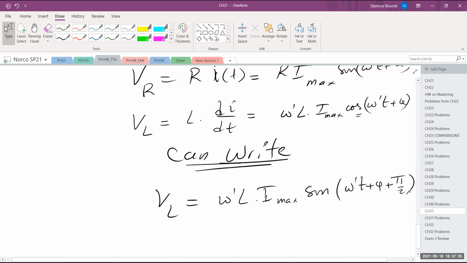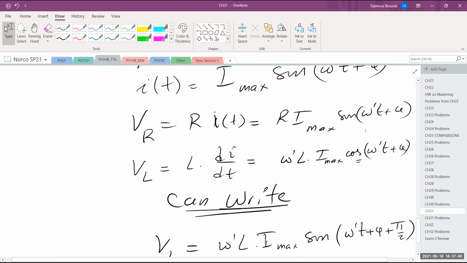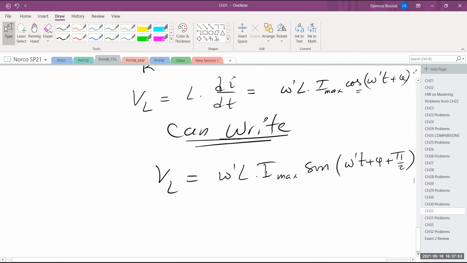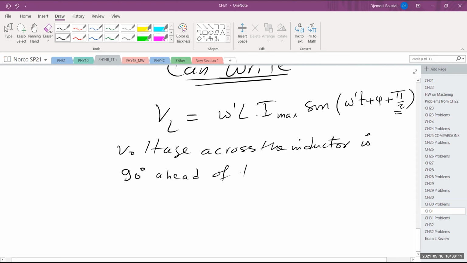So we actually have that. This is a trig identity, okay? So now this looks similar to the voltage across the resistor. This looks similar to the current, with the exception, I mean, this value changed things a little, but the angular value has changed by 90 degrees. So what I'm going to say is the following. The voltage across the inductor is 90 degrees ahead of the current,